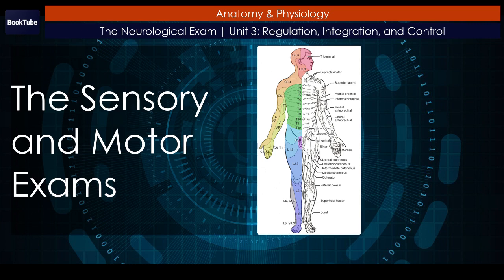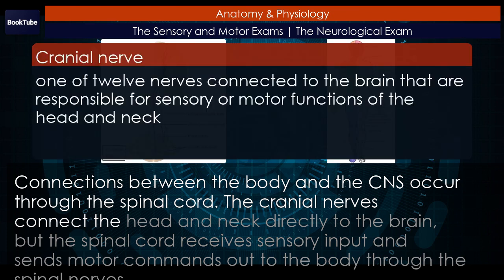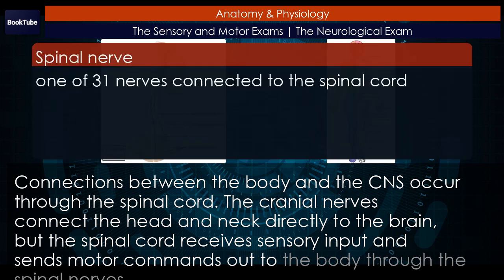The sensory and motor exams. Connections between the body and the CNS occur through the spinal cord. The cranial nerves connect the head and neck directly to the brain. But the spinal cord receives sensory input and sends motor commands out to the body through the spinal nerves, whereas